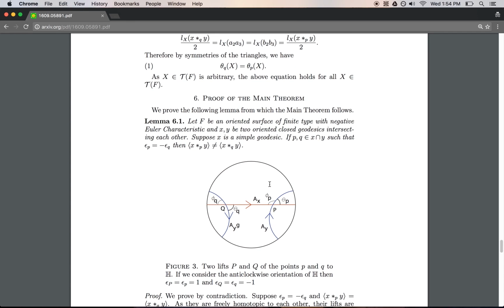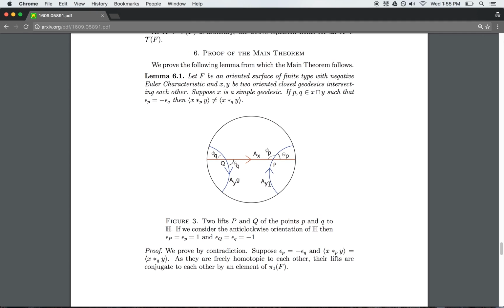Proof of the main theorem. We prove the following lemma, from which the main theorem follows. Lemma 6.1. Let F be an oriented surface of finite type with negative Euler characteristic, and X and Y be two oriented closed geodesics intersecting each other. Suppose X is a simple geodesic. If P and Q are elements of the intersection of X and Y, such that epsilon of P is equal to the negative epsilon of Q, then